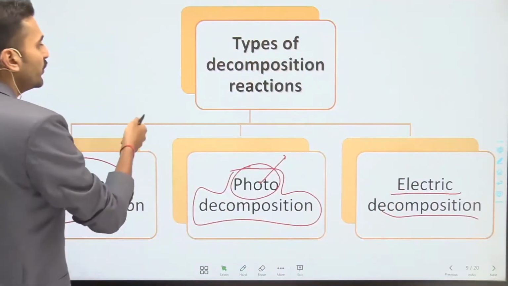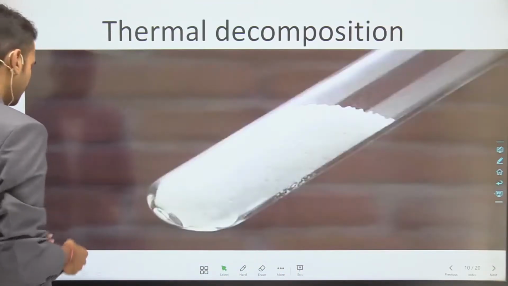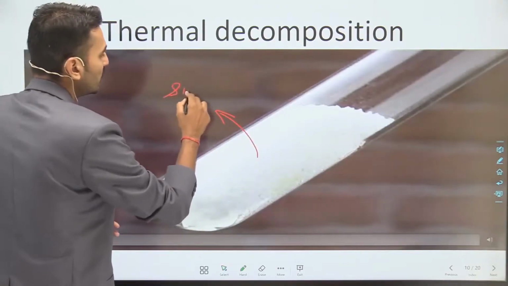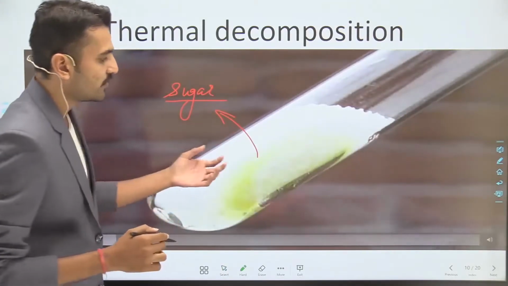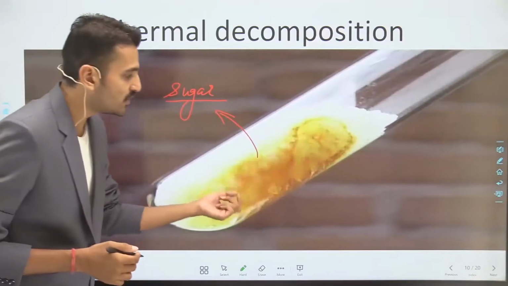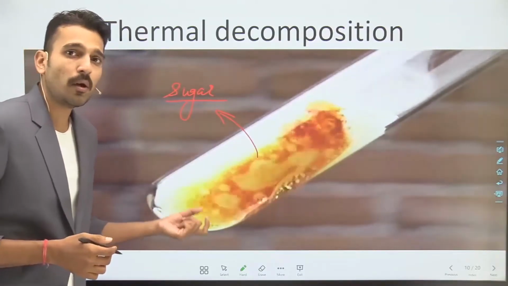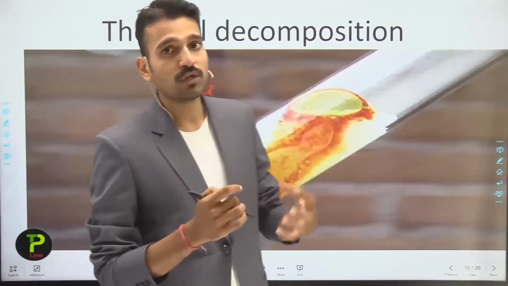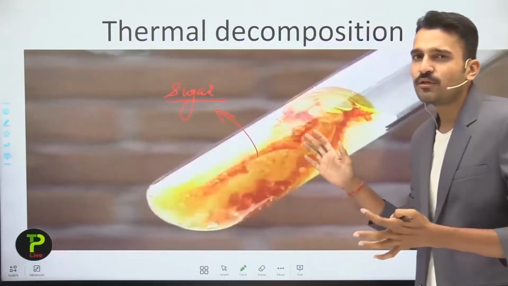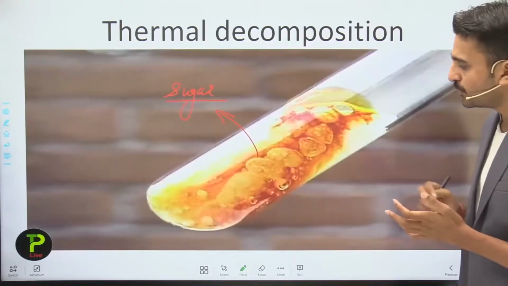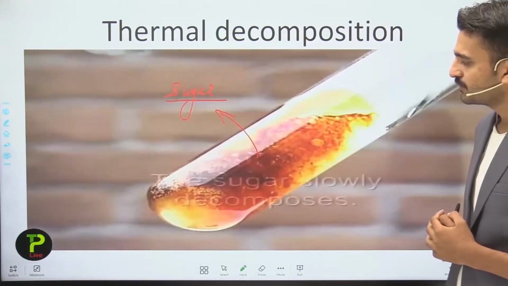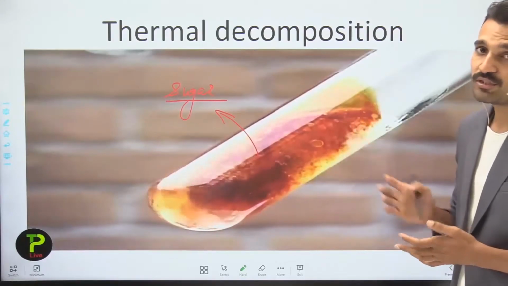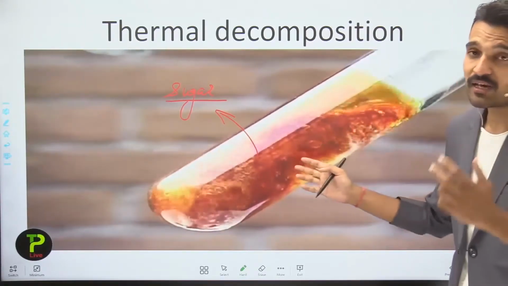So moving to some videos. Here you see, I have taken sugar in this test tube. So here sugar is taken, and what happens when we heat this sugar? Here you see that sugar starts to melt. First its color changes to this, and then after the breakdown of the sugar molecule takes place, its color changes completely to black. See in this video. Here you can see that the decomposition is taking place and the black coloration is appearing.